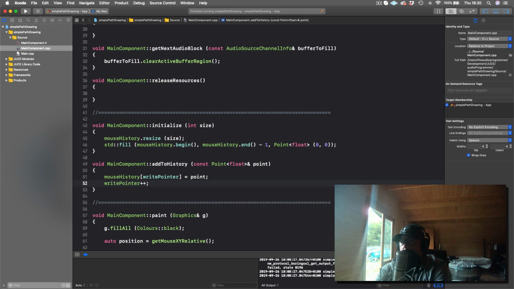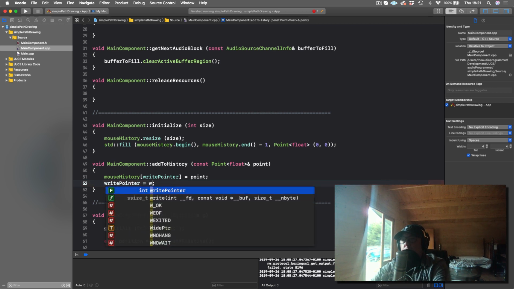The most common, easiest way to do this is using the modulo operator. If you don't know about modulo, it's great and you want to read up on it. What modulo does is give us the remainder after a division. I don't want to go too far into it because there are loads of resources on it, but in short it allows us to wrap around the size of the vector. So rather than doing write pointer plus plus, which is just going to carry us increasingly off the vector,